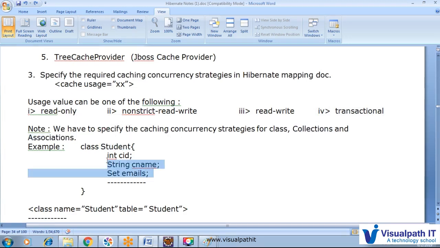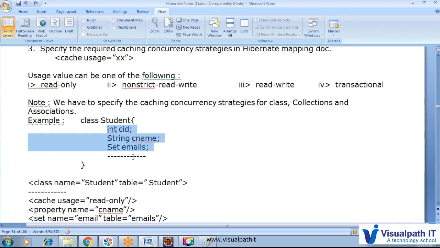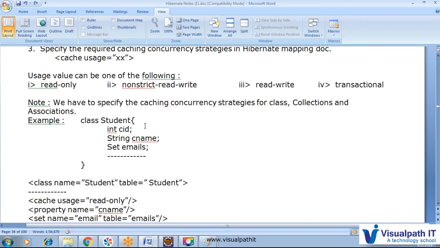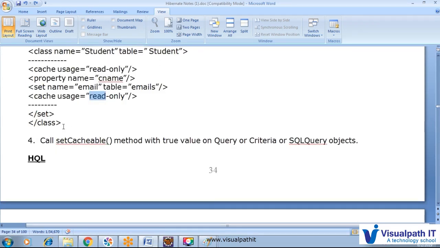We would like to create a cache for the class, so we provide cache usage read-only, property name CNAME, set name emails, table emails, and cache usage read-only. We can provide read-only, nonstrict-read-write, and transactional. And after that we will call session.setCacheable.